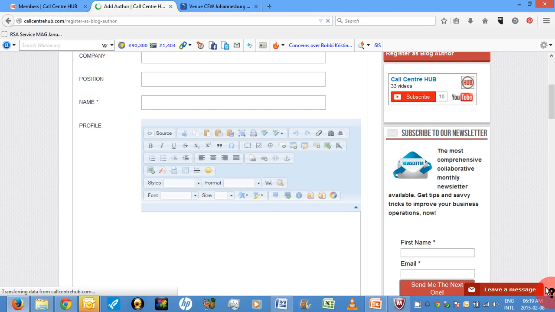This gets interesting in the sense that you are now starting to create a personality, a persona of your company. Some of my clients add 2 or 3 or even more of their employees as blog authors and post blogs on the website because it gives you more exposure on the online platform. So once you've completed the company and your position and your name, you will complete your profile here, and when